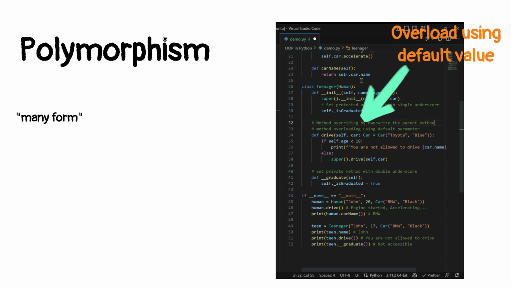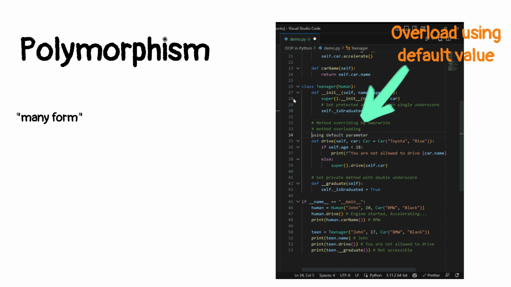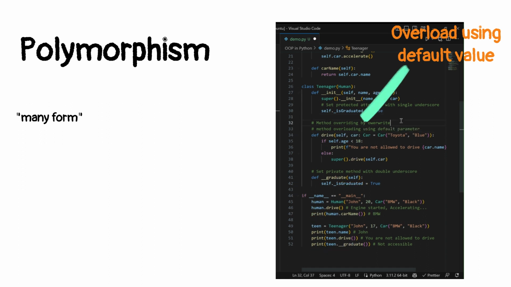In other programming languages, polymorphism can be achieved through method overloading. However, in Python, method overloading is not directly supported due to its dynamic nature. Instead, you can use default values or variable-length argument lists to achieve similar functionality. Now that we have covered the basics of object-oriented programming in Python,